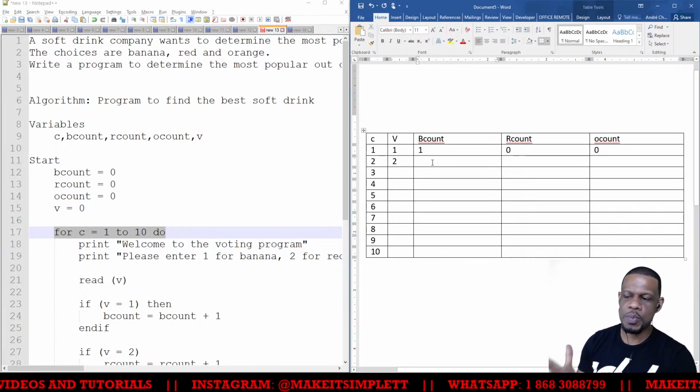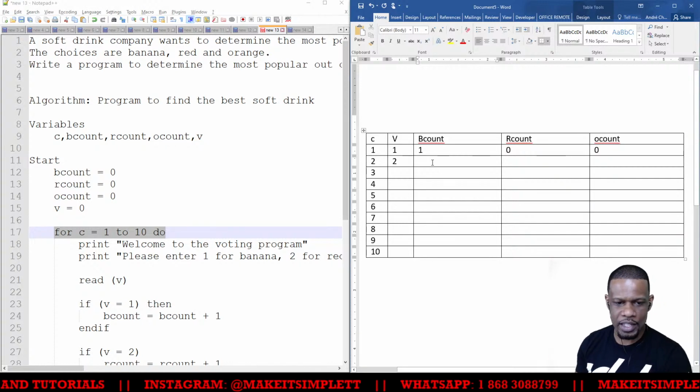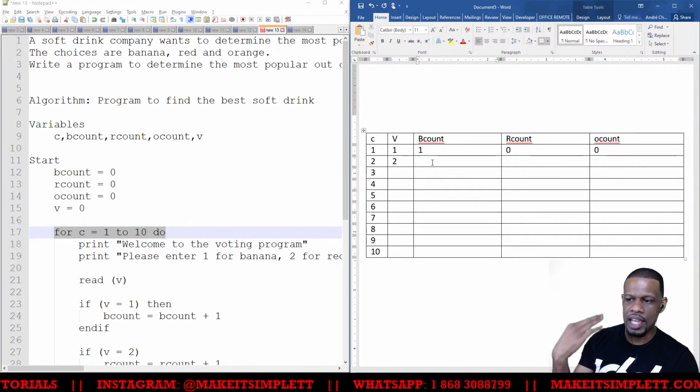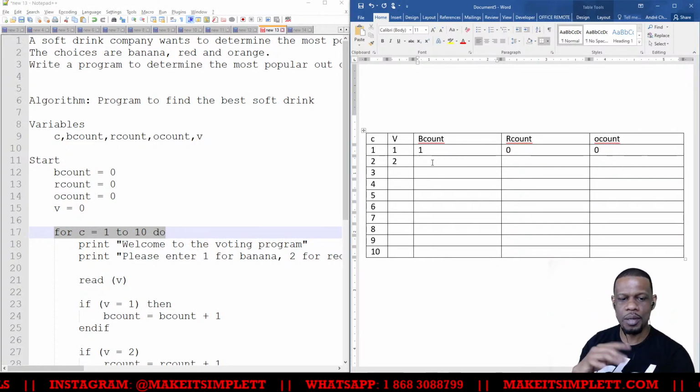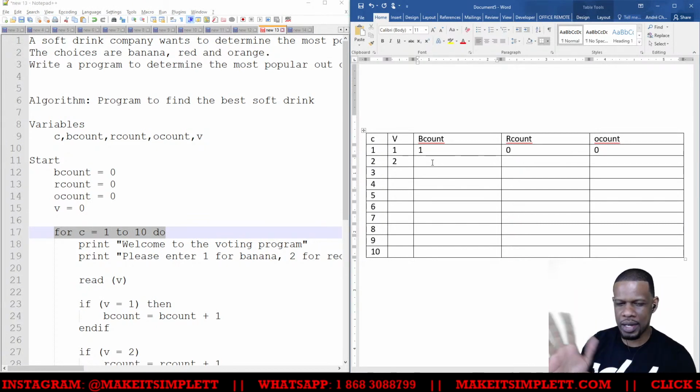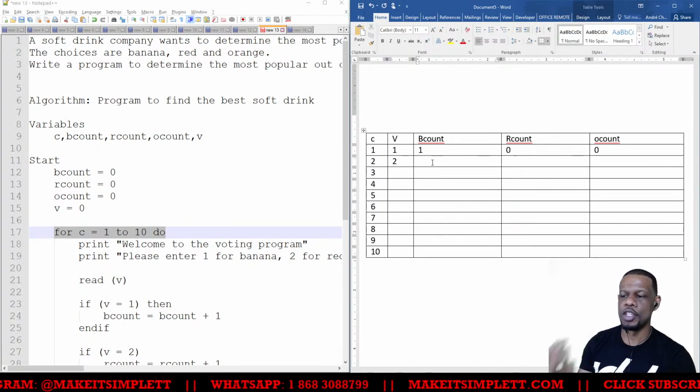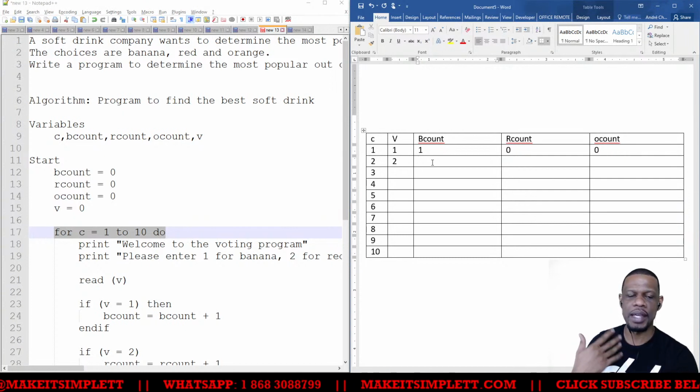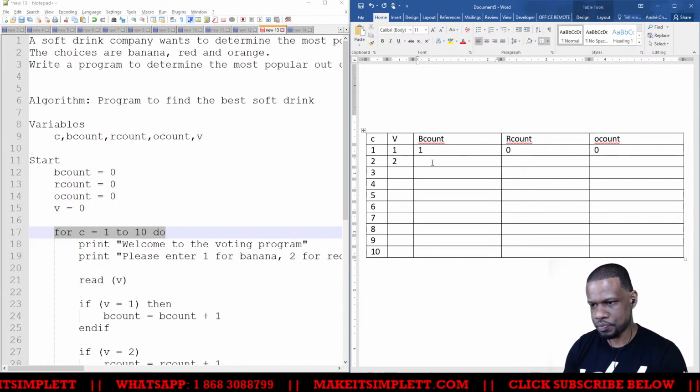Then, let's say somebody puts in their vote as 2. It's smart to prove the correct things first and then prove the wrong things after. If you want to put some correct and then some wrong in between, you could do that, no problem. But remember, it's a human being examining it, and you're kind of making it easy for the examiner to mark it, right?